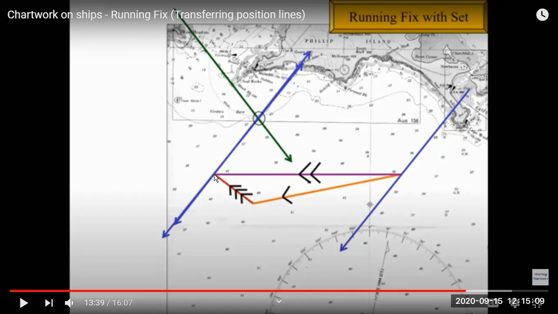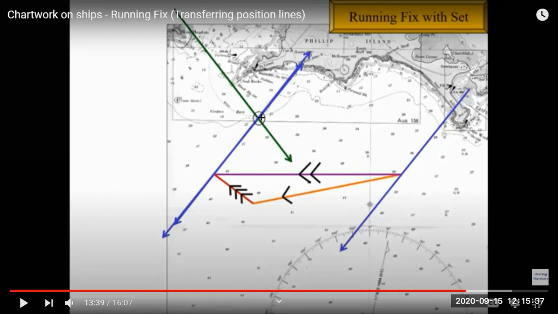And once you get the final, you join the initial position, the assumed initial position, and the estimated position, that will be your course made good. But still this is not your actual position of the ship because this we have just assumed. So if you want to get the ship's actual position, again we transfer the course made good because on that point ship is moving.